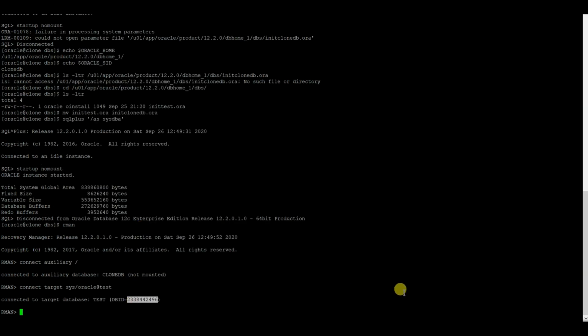Now we need to run our duplicate target database command. So what is the command?